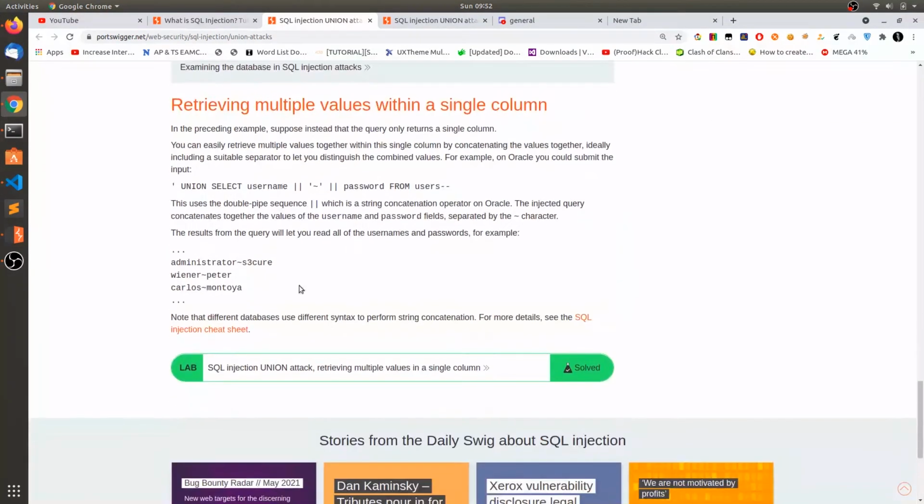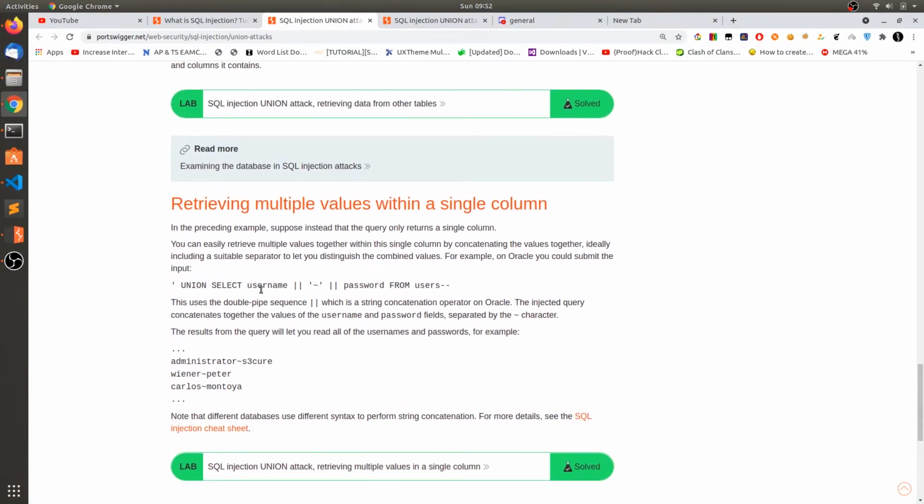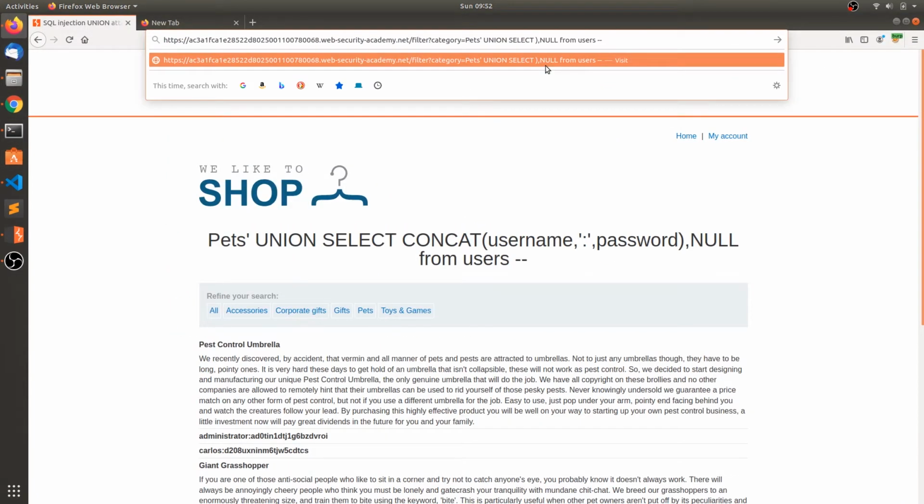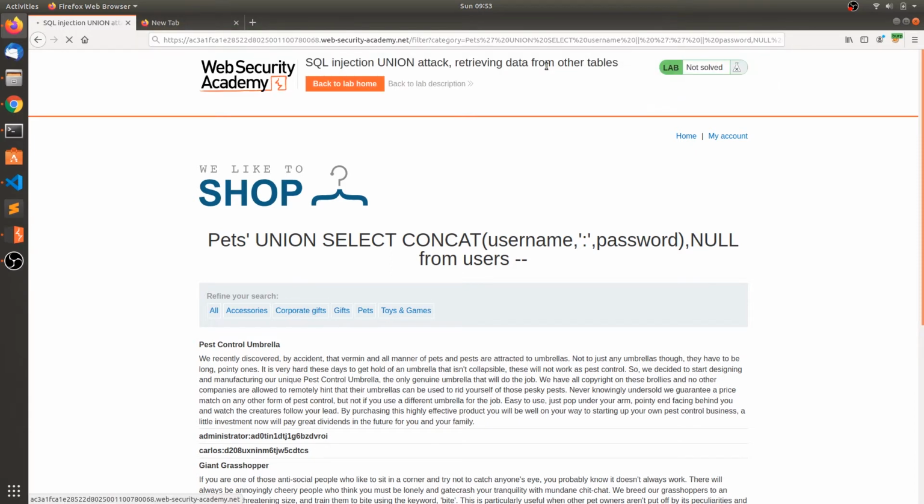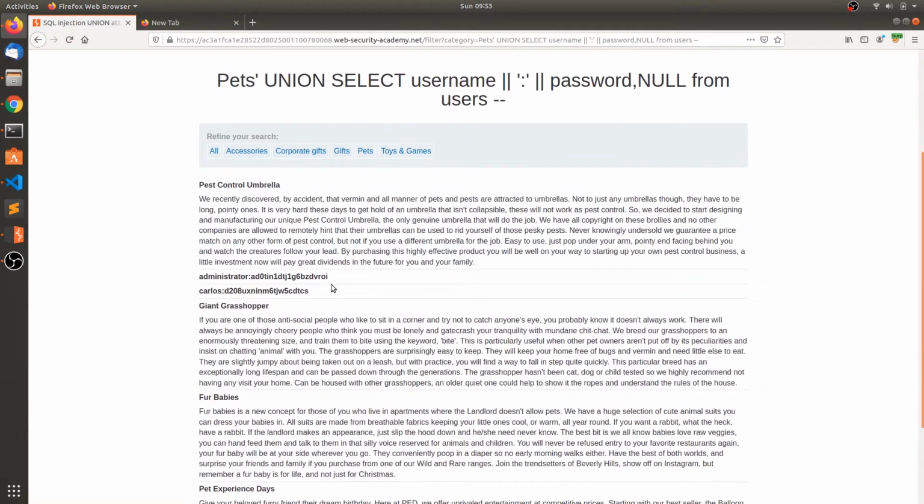The next lab is about the same, but they have shown us in a different way. You can just append. Let's go in and try that also. Username colon password and hit enter. We got the same result.